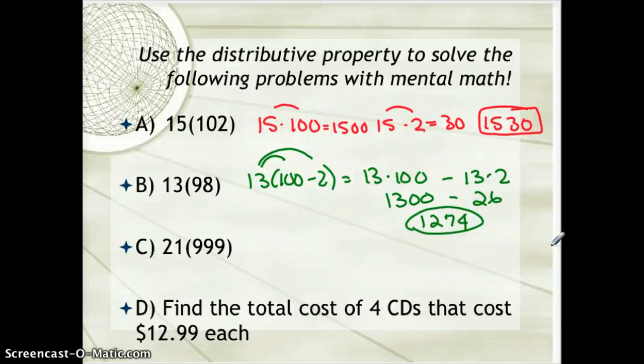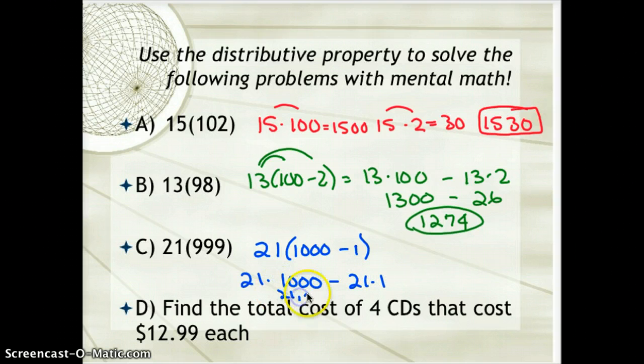Okay, see if you can get either of these last two problems and then I'll work them out. Try to do them in your head using a good shortcut. Okay, I'm going to look at 21 times 999. I'm going to think of that as 21 times 1000 minus 1, which means I'm going to do 21 times 1000 minus 21 times 1. So I've got 21,000 minus 21. And so now I just have to think, okay, if I'm going to try that in my head, what is it? And it is